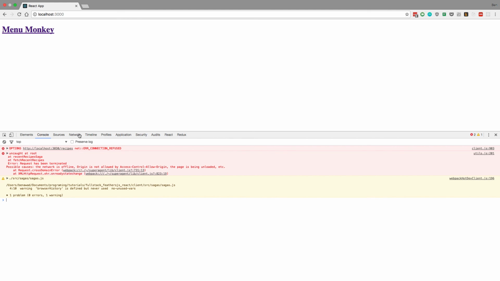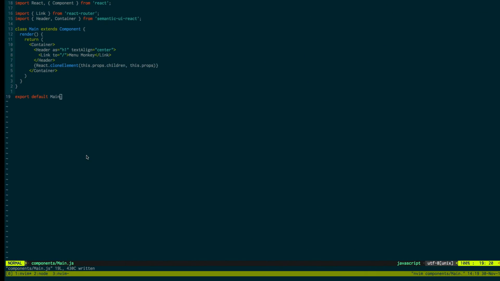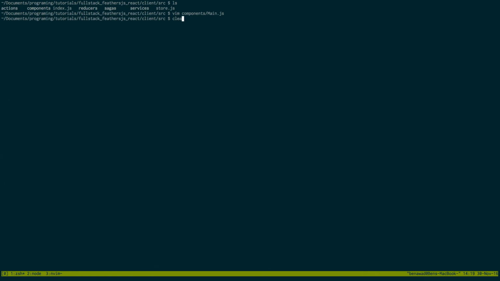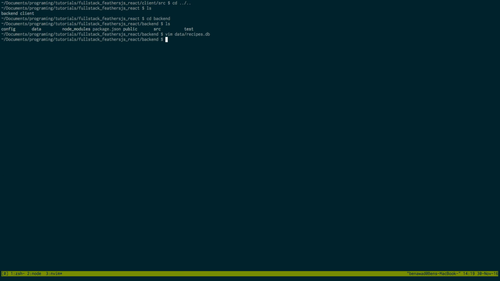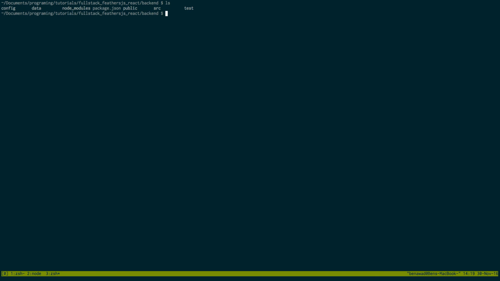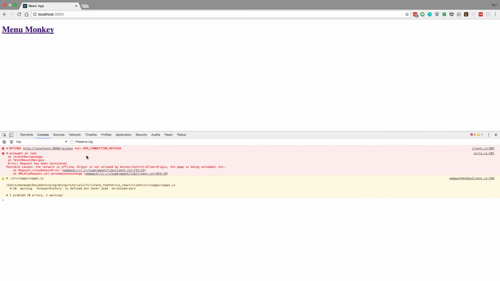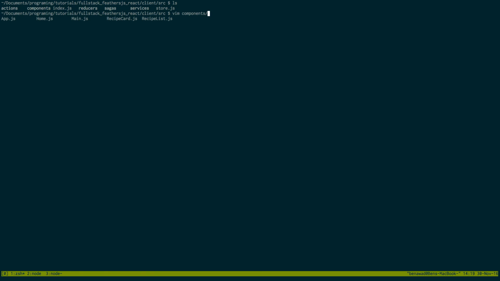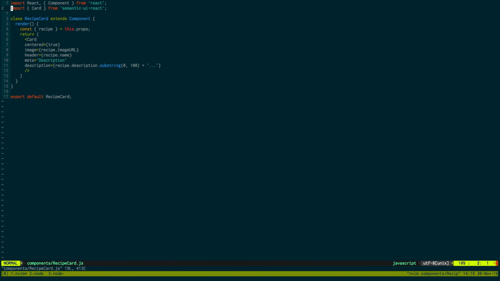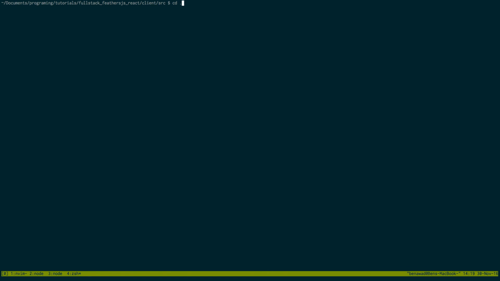So we have our server is down, and that makes sense because it's getting an error. But what you can do, if we open up a new tab in my terminal, I'm going to go back to that backend tab and just start it up. Now we should still get an error, because if we go back to our recipe card,